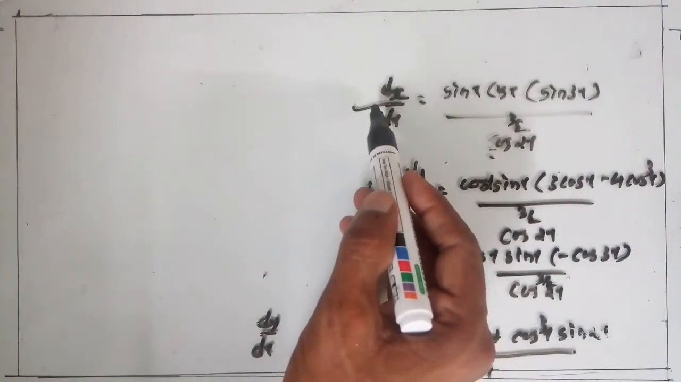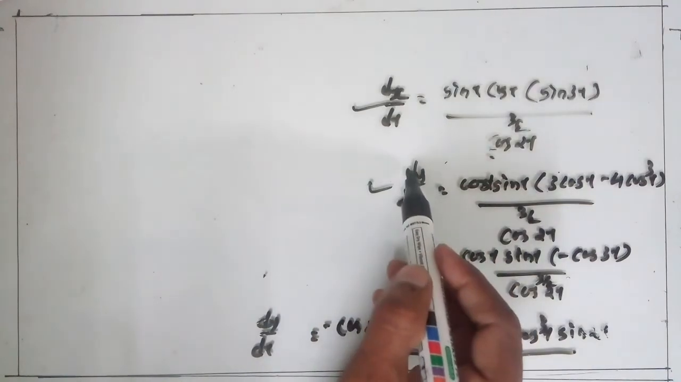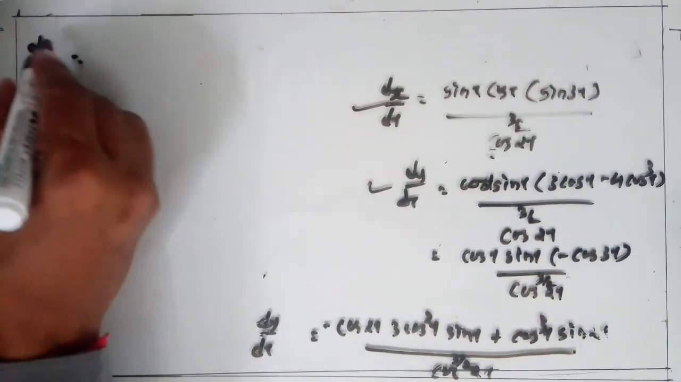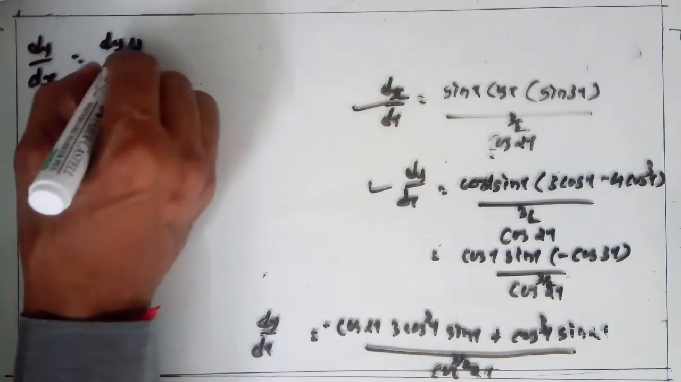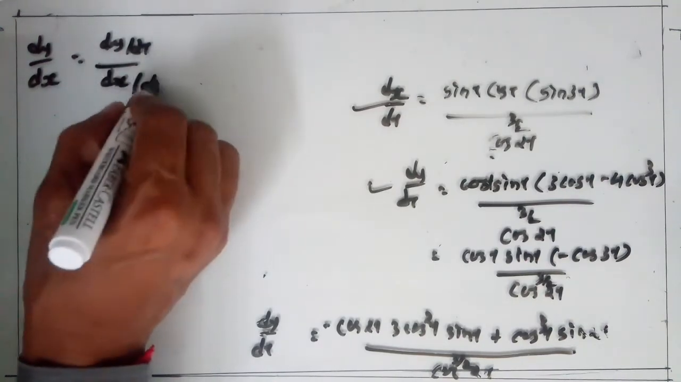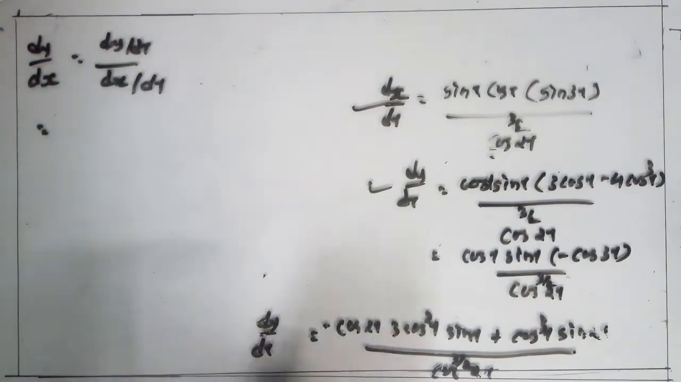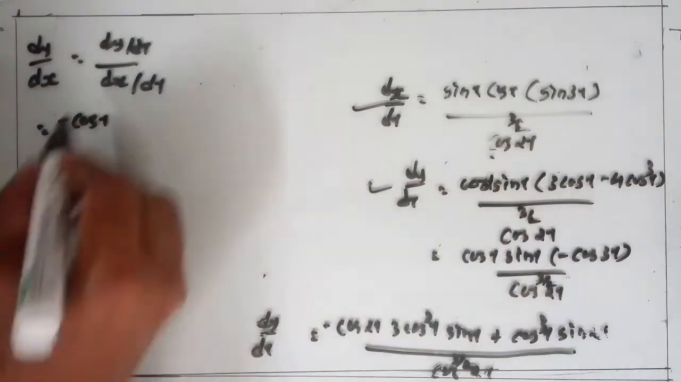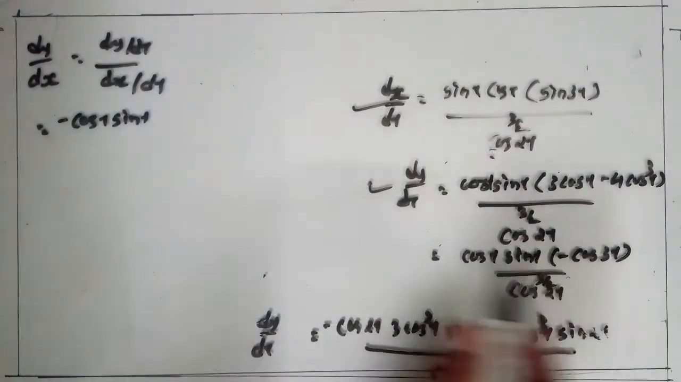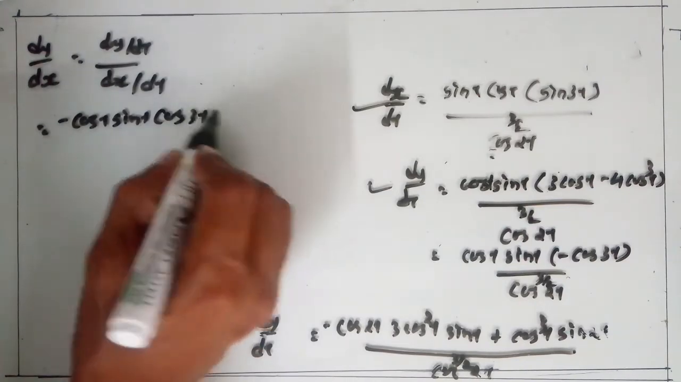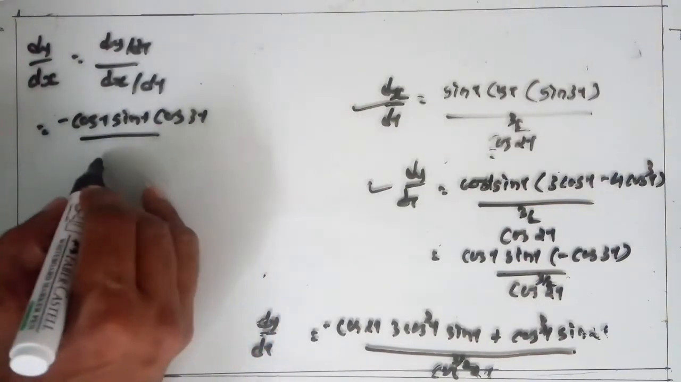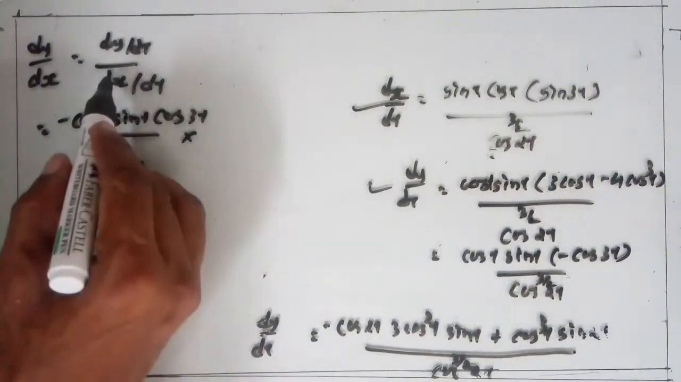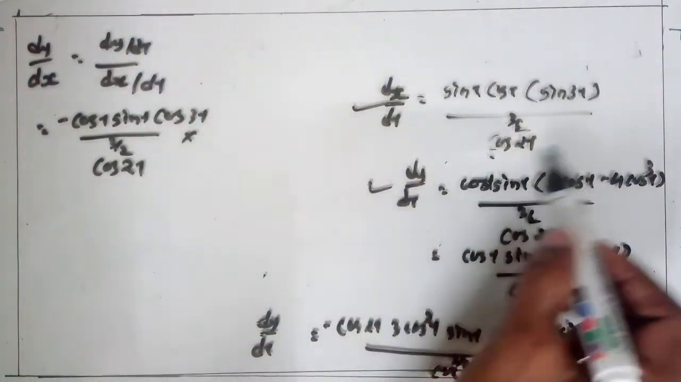Now from both derivative of x with respect to t and derivative of y with respect to t, get derivative of y with respect to x. So dy/dx is equal to, we know that, dy/dt upon dx/dt, clear. Dy/dt is equal to minus cos t sin t into cos 3t upon cos 2t raised to 3 by 2, into dx/dt is equal to